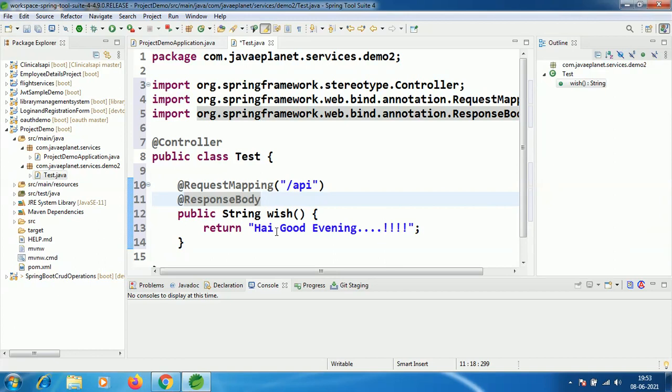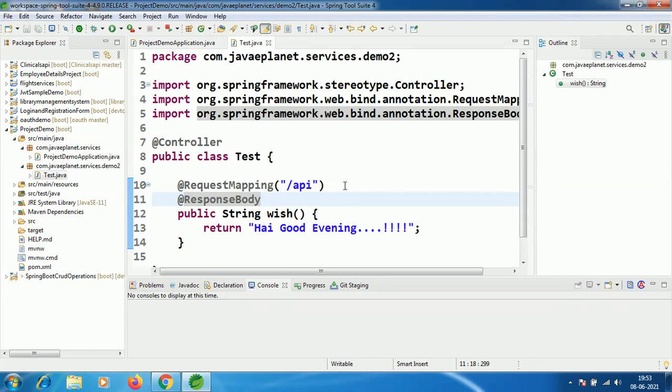That means this return value will be generated and printed in the UI, this "Hi, good evening." That's why we need @ResponseBody. That's all. Save this class.